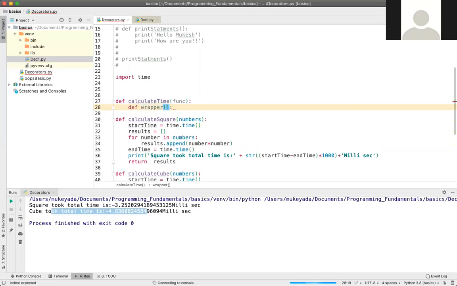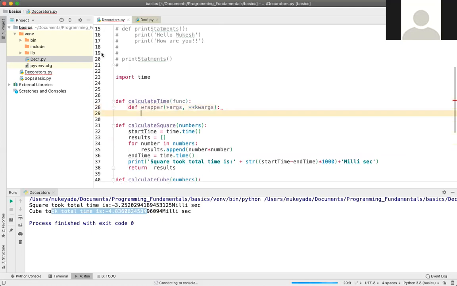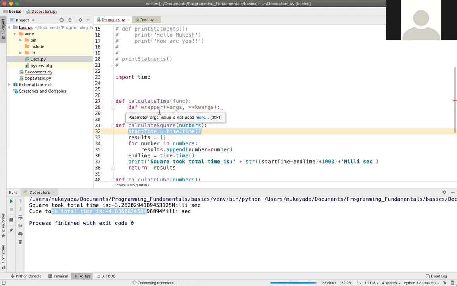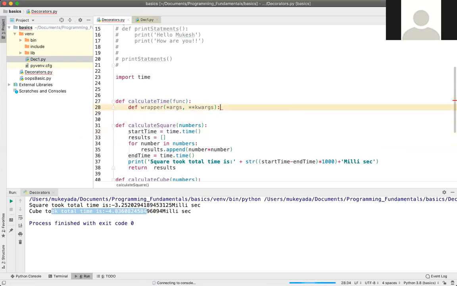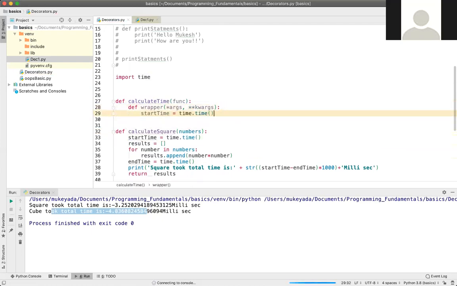The wrapper function will take arguments like star args comma star star keyword arguments, and inside that, same code, let me write start time equals time dot time.